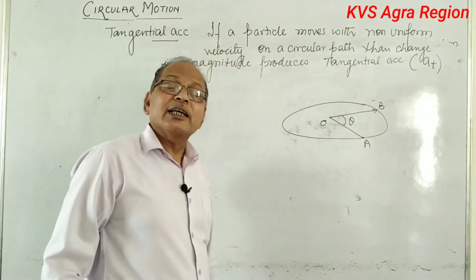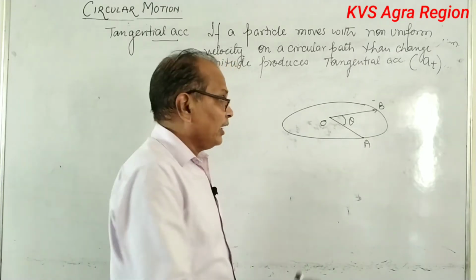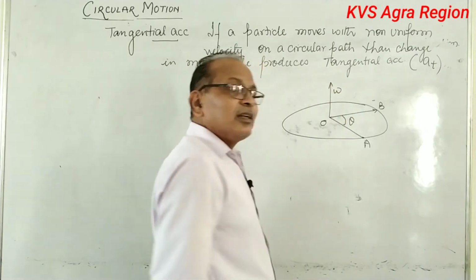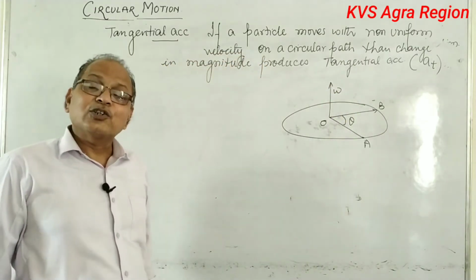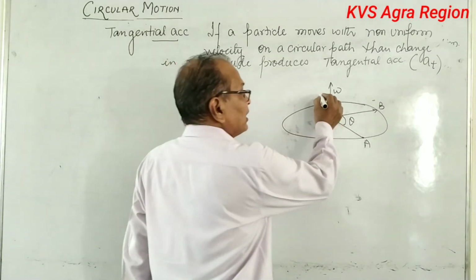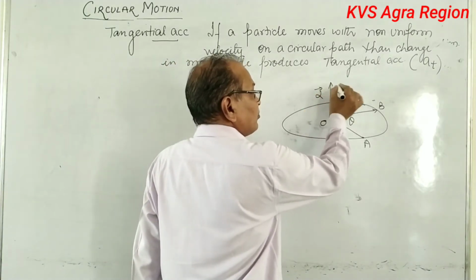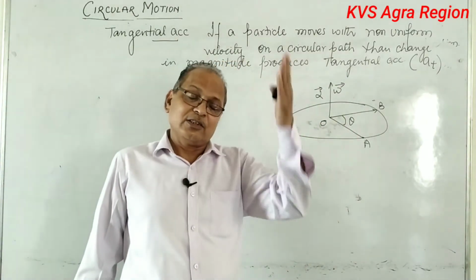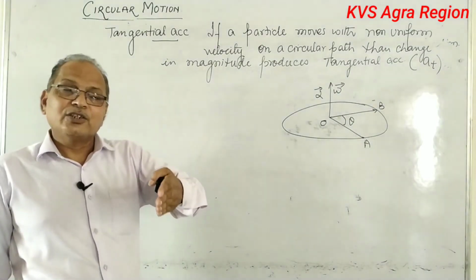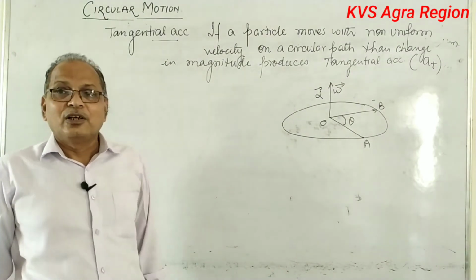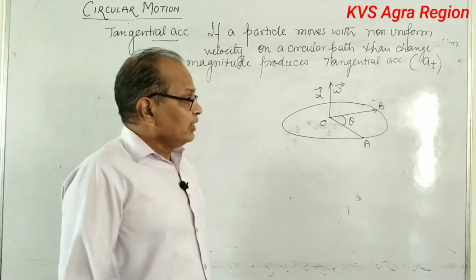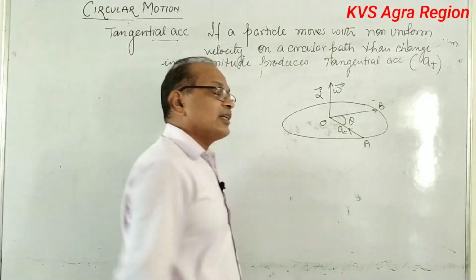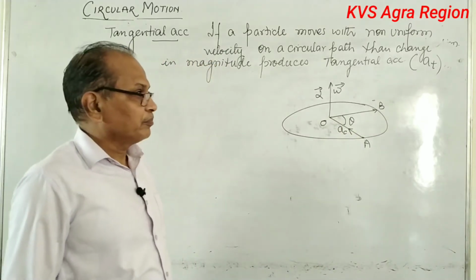Now, what will be the direction of angular velocity? Angular velocity will always be like this, omega, and you have seen that whatever be the direction of angular velocity, same will be the direction of the alpha also, because these are the axial vectors along the axis. So direction is always along the axis. Now you have seen that this is the direction of AC, centripetal acceleration, okay.